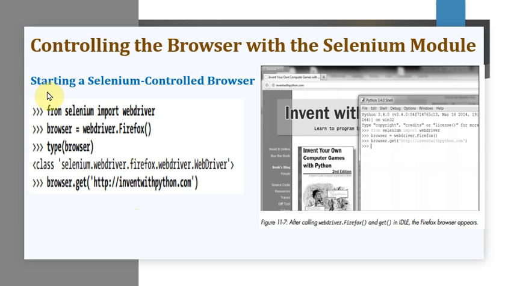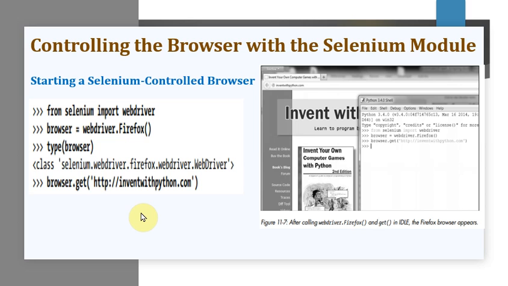The first topic in this is starting a Selenium controlled browser. For this example, you can see this is a Firefox browser, so we'll be speaking with respect to the Firefox browser. Whenever you want to use the Selenium module, we have to write an import. We have seen the web browser module, the request module, and the beautiful soup module.